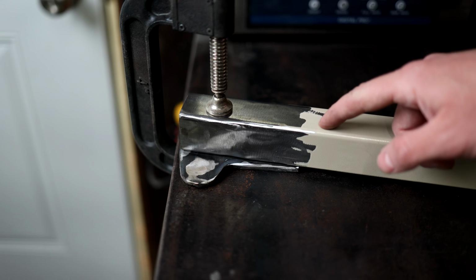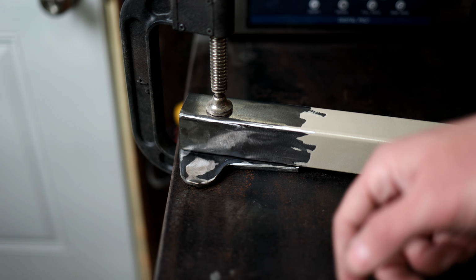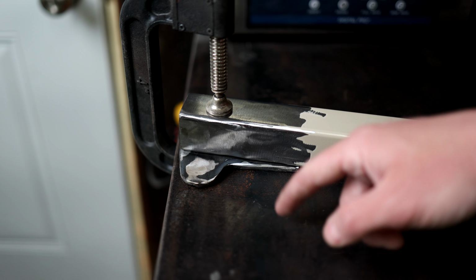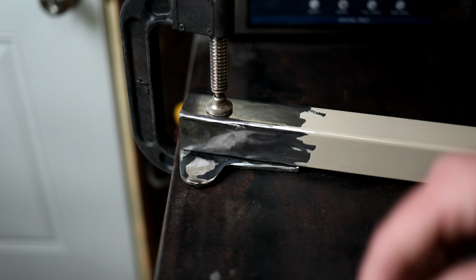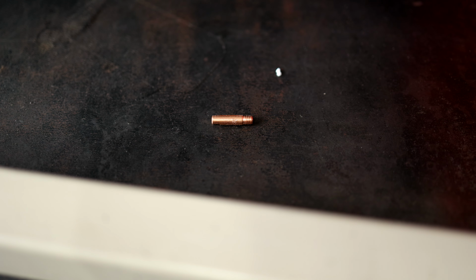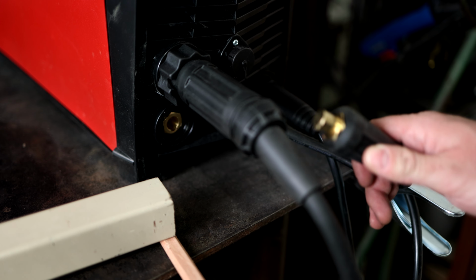So I got all the paint off the stick. I cleaned it all with acetone, including the cut piece. Still no ground. I clamped the clamp to the table, tried welding there. Still nothing worked. I tried another nozzle. That didn't work either. Then I took another look at the manual and I saw that to set up the